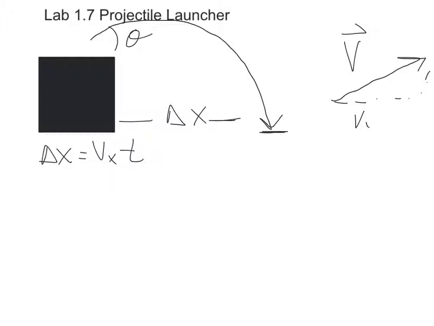So this is Vx and this is Vy, and my angle is right in here. So my velocity in the x direction is going to equal V times the cosine of that angle. And if I go back to my formula that's over here, I can actually plug that in right away, and I can say my delta x equals the velocity times the cosine of my angle